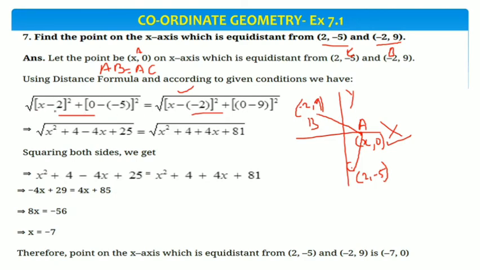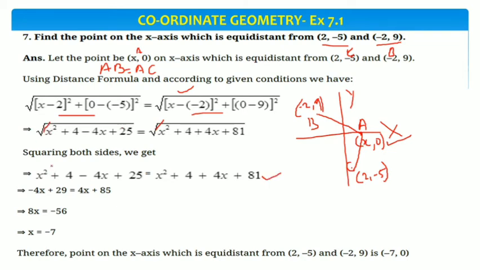Now this can be expanded as (a minus b) whole square. So x square plus 4 minus 4x, this will be plus 5 square, that is 25. It will be (x plus 2) whole square, so we can use (a plus b) whole square, a square plus b square plus 2ab, and minus 9 square will be 81. Now for finding the value for x, we will do the squaring of both the sides. So this square root sign will be removed. We will get this expression.